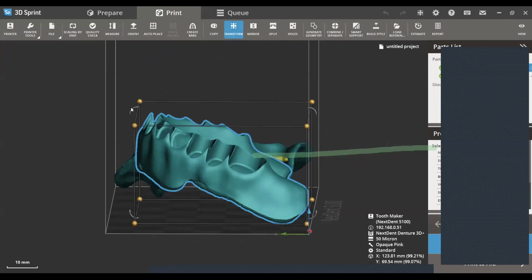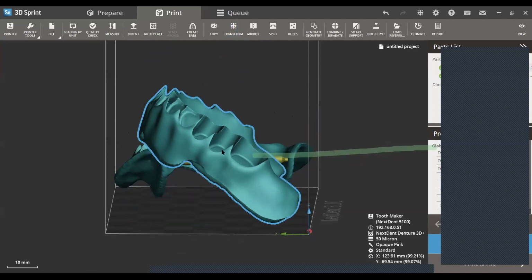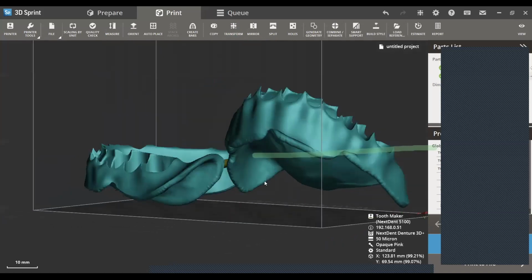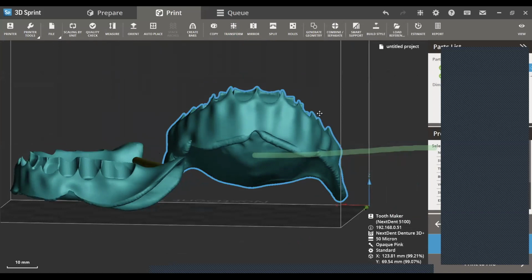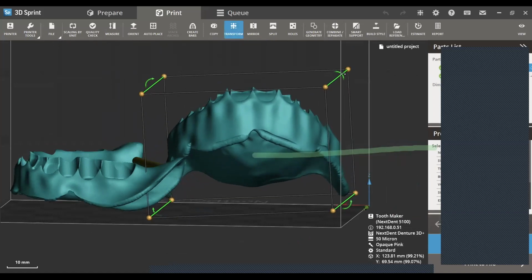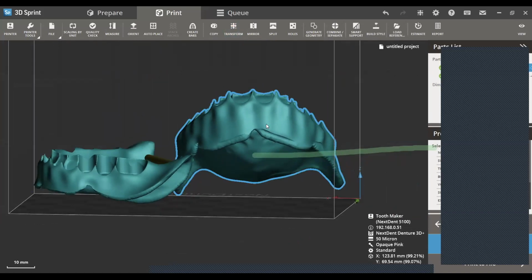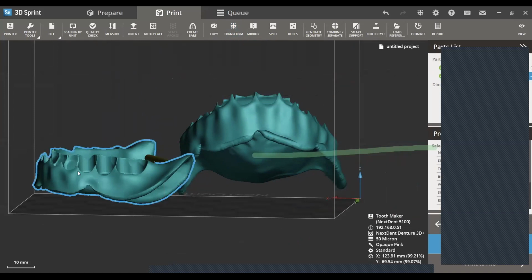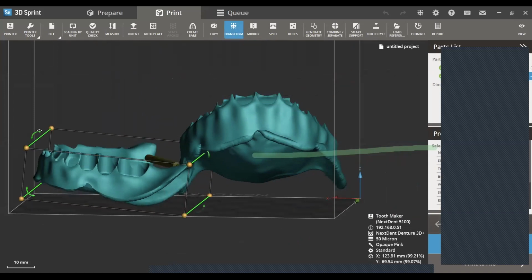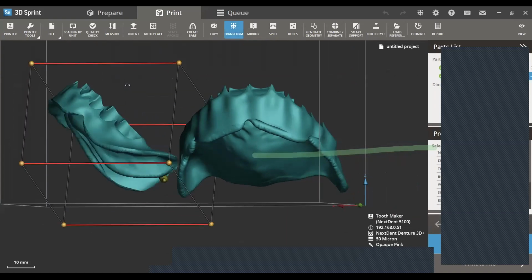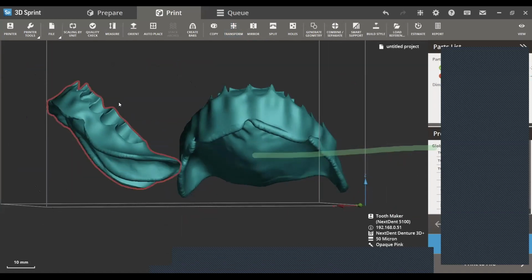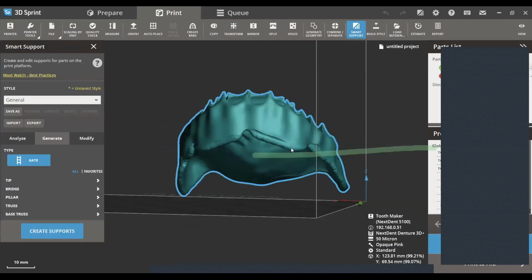So make your base, and I use Q for my orientation. We want it to be 65 degrees, okay, just like that. And you can always put, you know, 3 to 4, depending on how many you need to fit on the plate. You can go one at a time or anything like that, okay? But 65 degrees is what we recommend, okay? So I'm gonna go ahead and angle that, and then hit Smart Support. And again, I do not need to,